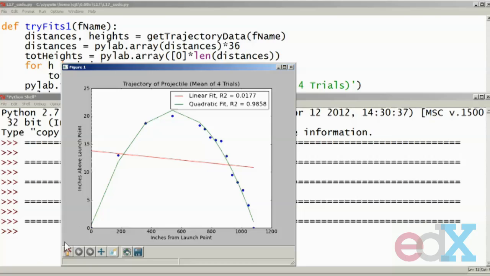So now the plot is exactly the same as before, except that we've reported the R squared value for each of the two models. You can see the linear model, which we suspected wasn't a good fit at all, actually has a very, very poor R squared. The variability of the data is not explained well at all by the linear model. However, the quadratic model actually has a very good R squared. So that means that, in fact, the quadratic model is explaining most of the changes that we see in the observations. The model predicts those changes. And there's a small amount of variance in the observations that's not being explained,